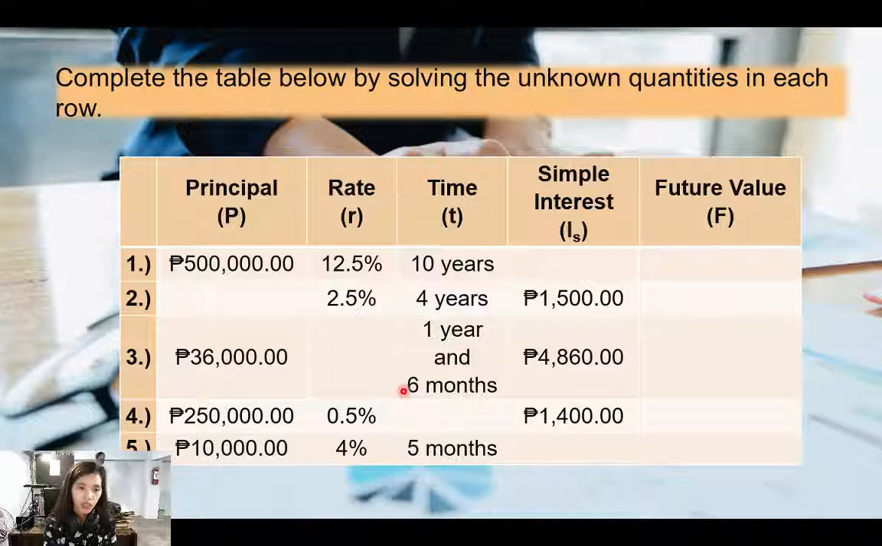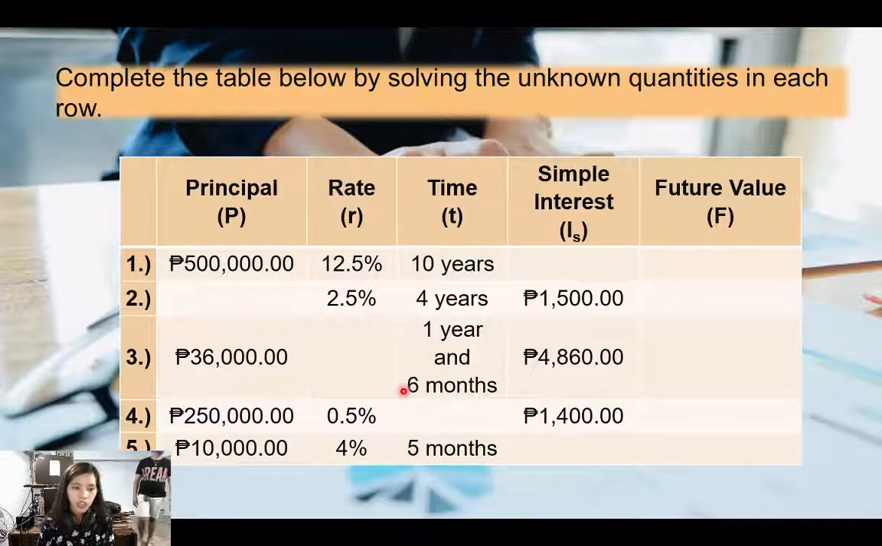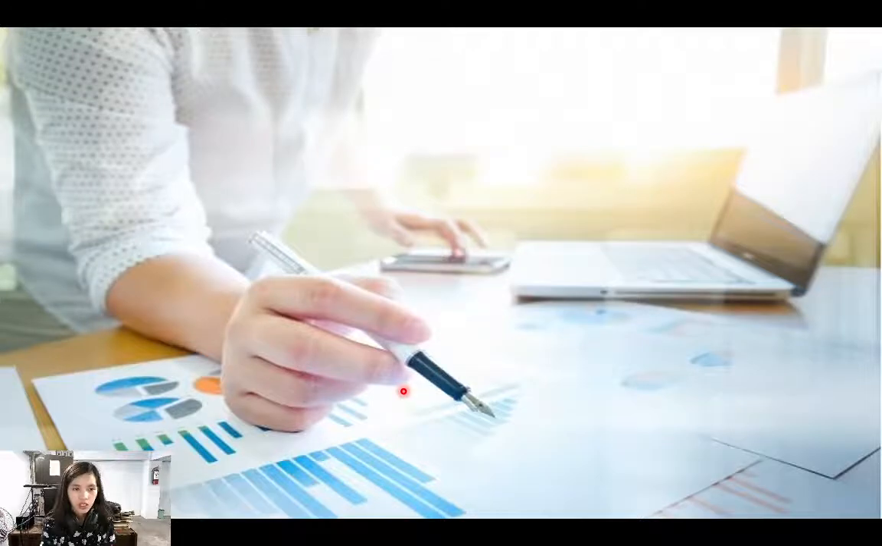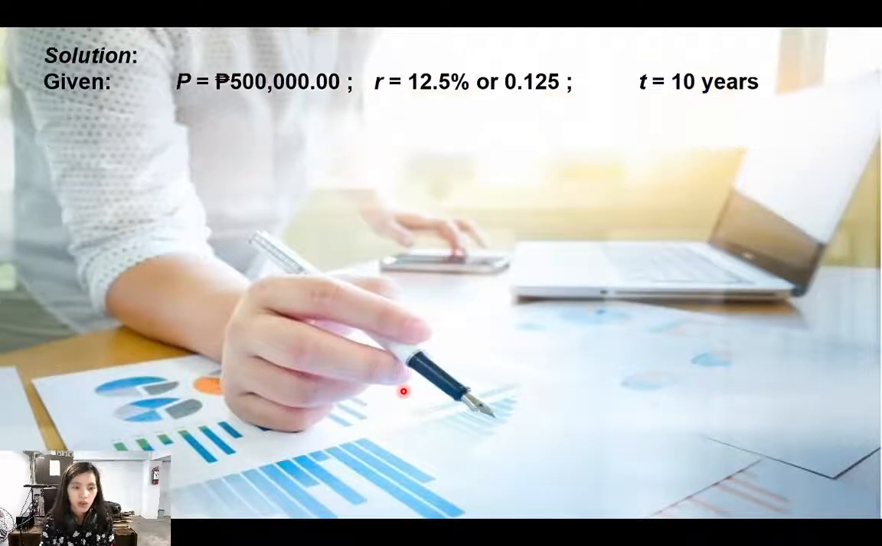For number 1, we have principal, rate, time. We're going to fill in the simple interest and the future value. And for number 2, it is for the principal and the future value. For number 3, we're going to find the rate and the future value. And for number 4, we're going to find the time and the future value. And for number 5, lastly, we're going to find the simple interest and the future value. So, for number 1,